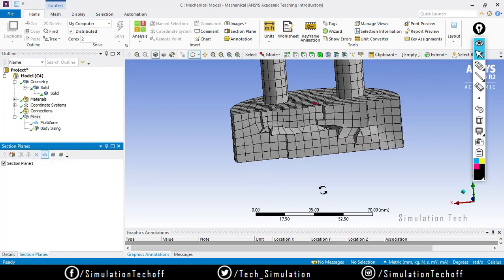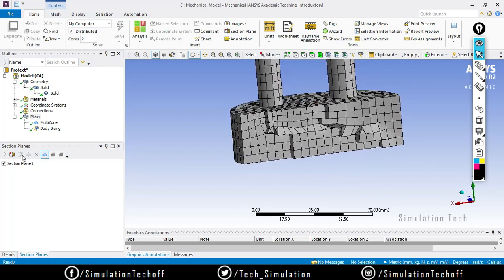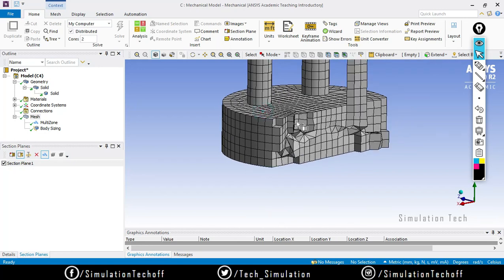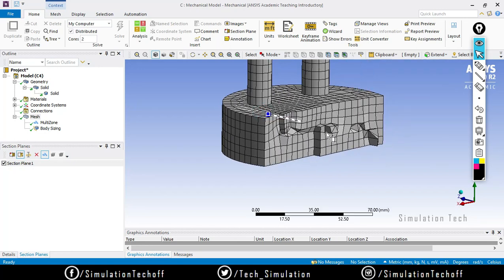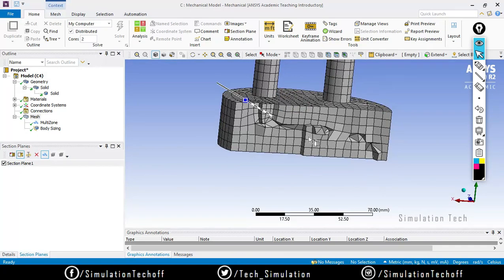Sectional plane, and you can see that your volume mesh is not in a proper manner. You have a lot of irregularity.